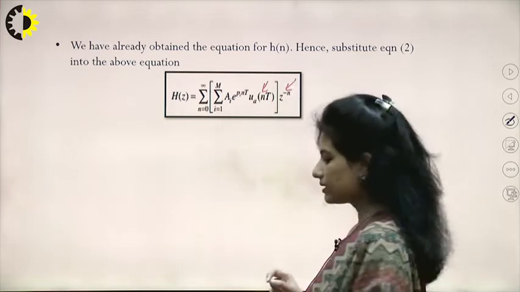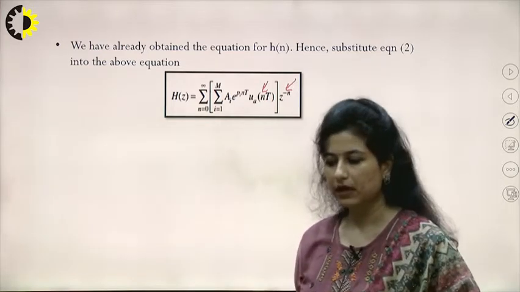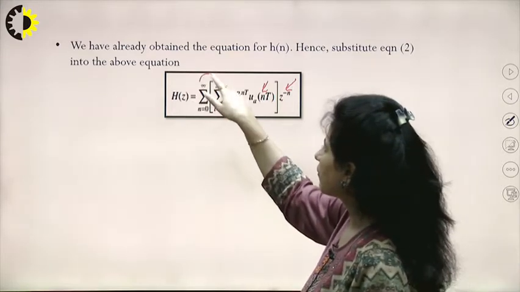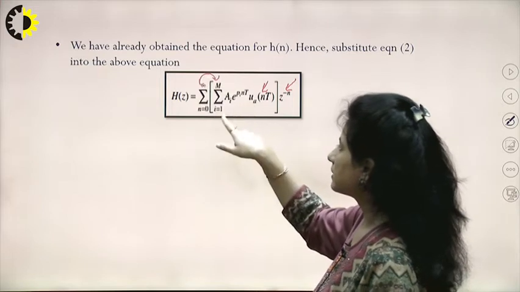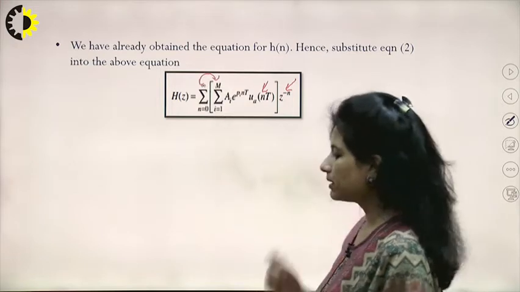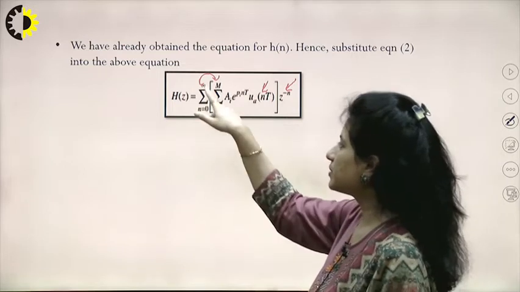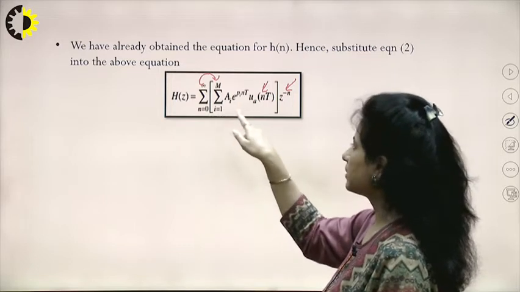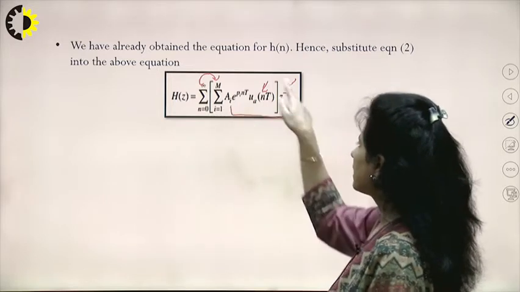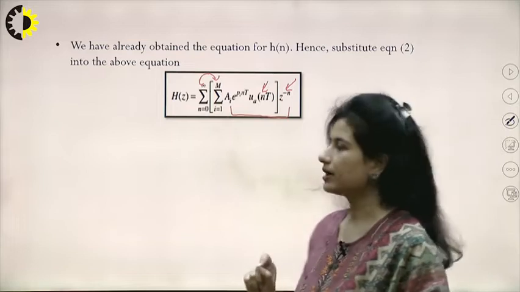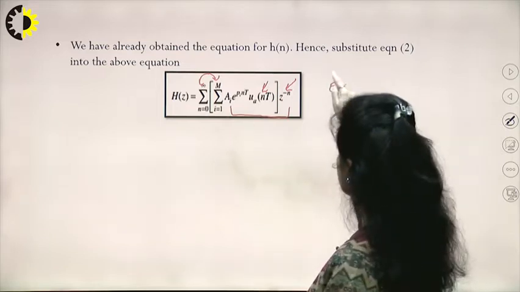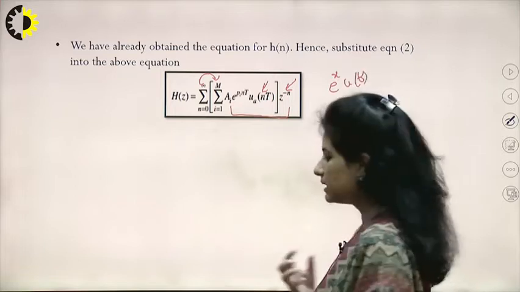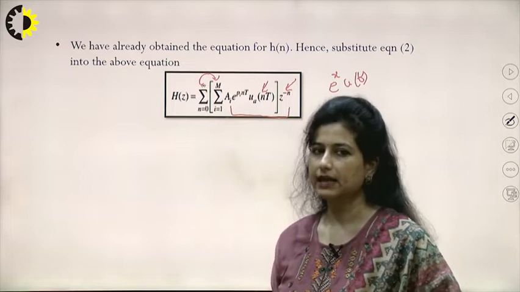So nothing, no factor representing my analog domain or continuous kind of quantity is now present here. Now by permutation of this range of variable, i equal to 1 to m showing me the finite summation and 0 to infinity showing the infinite summation, I would try to replace these two summations and take the perfect representation for the z transform of this function, which is e raised to the power something, x and u(t). So we can map these functions to some standard functions and take their z transform.